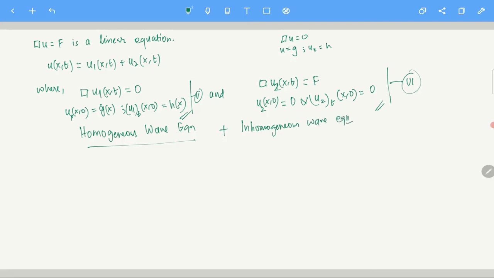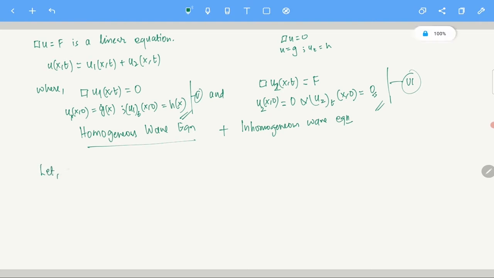But at least some good news is it has a homogeneous boundary condition. Clear? Okay, so what we are going to do is, let's say that for now, let's just assume g and h are 0. That's not an issue here. So assume g and h are 0, and you can actually solve the problem, right?